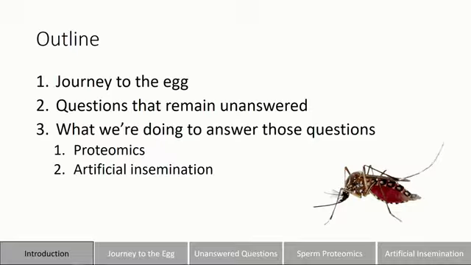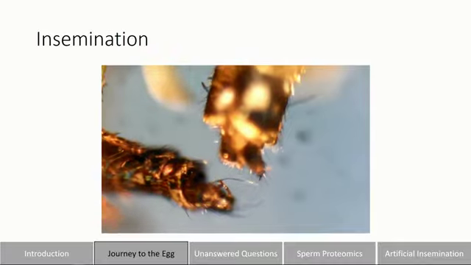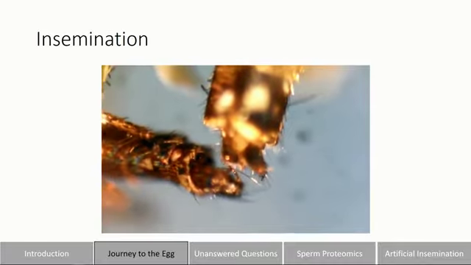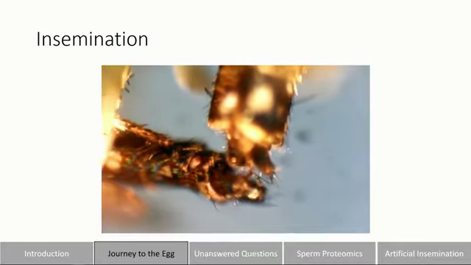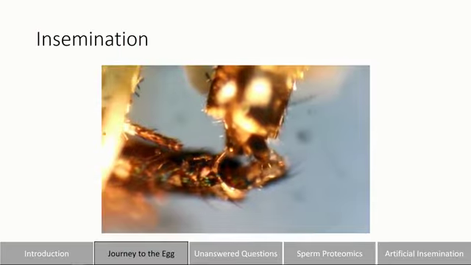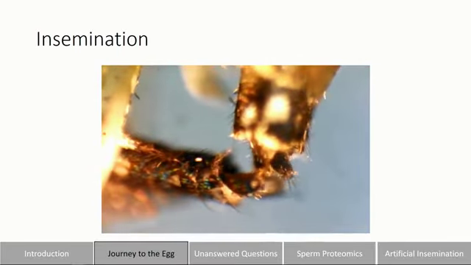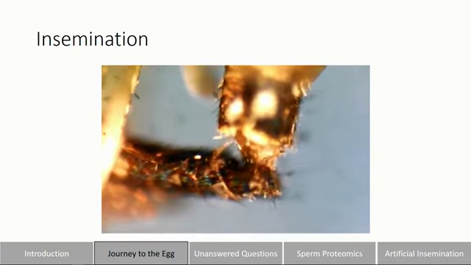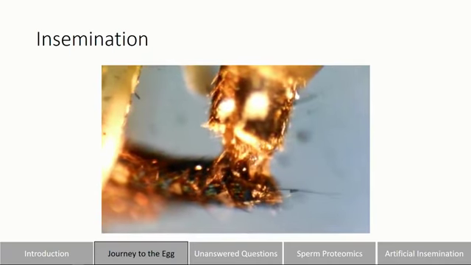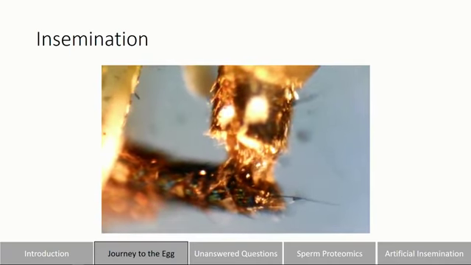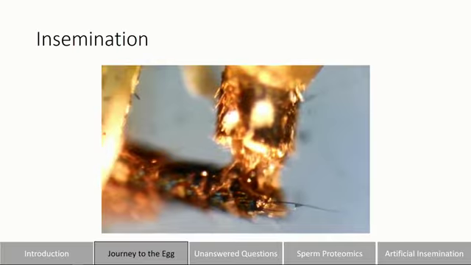Ultimately, I'll describe a method and a resource that I've been developing so that we can understand these cells a little better. So if you've never seen mosquito insemination, here's your chance. This male's going to clasp the female's terminalia, and she's going to extend her final tergite, and then the sternite's going to open like a trap door, and you just saw intromission. I apologize if that's a bit graphic, but this is what it looks like,